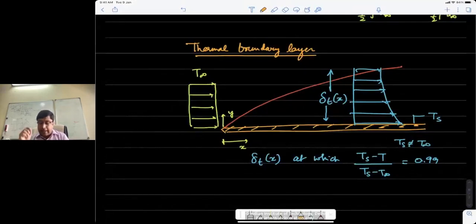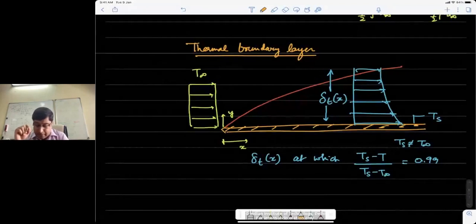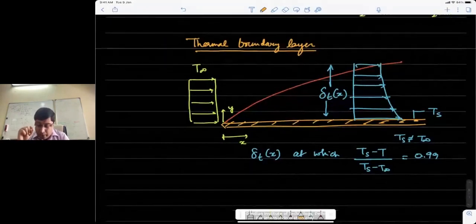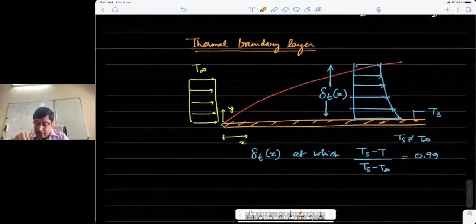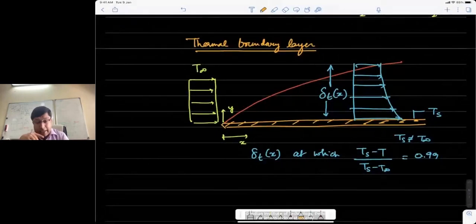Now there is a key idea that I want to introduce, which we have not spoken about so far, but that is about the rate of heat transfer at or into the boundary layer from this, let's say, heated surface. It need not be heated, by the way. It can also be a surface which is cooler than the surrounding fluid, and the boundary layer will also have a similar shape. It doesn't matter. I'm not very concerned about that right now.